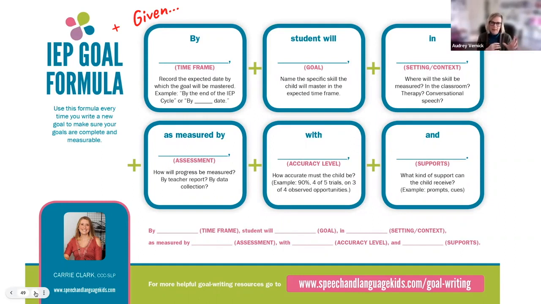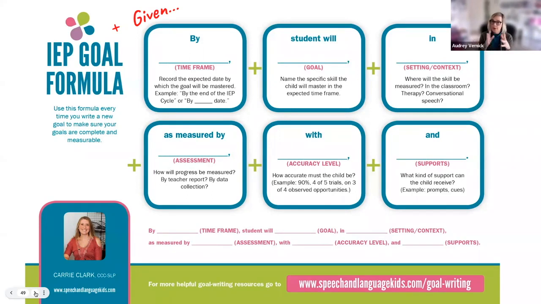I like to say at the beginning of the goal, given multisensory evidence-based literacy instruction for 60 minutes a day, 5 days a week, comma, and whatever other accommodations for literacy the child needs, comma, by next year, John will increase reading fluency from X level to X level, whatever your benchmarking system is that you're using